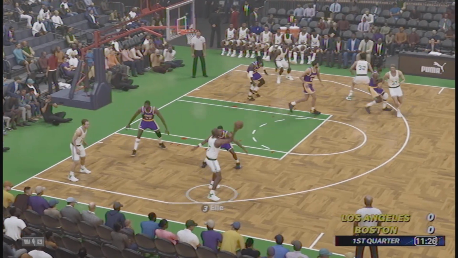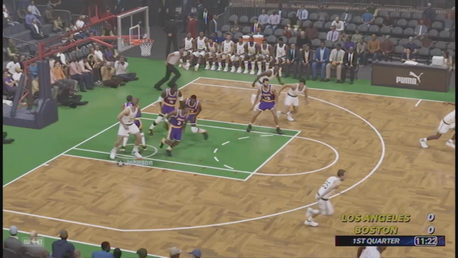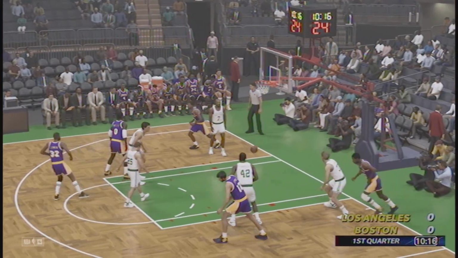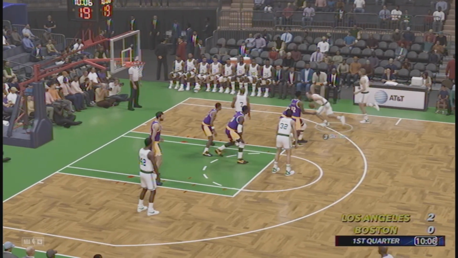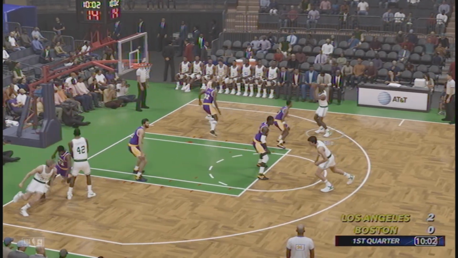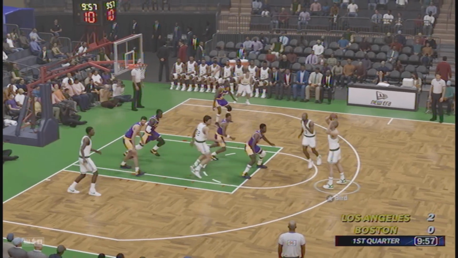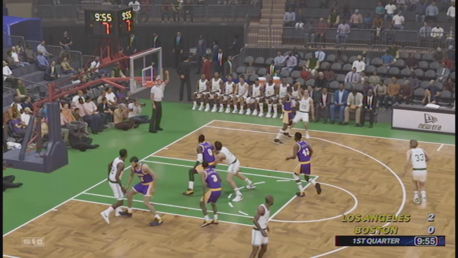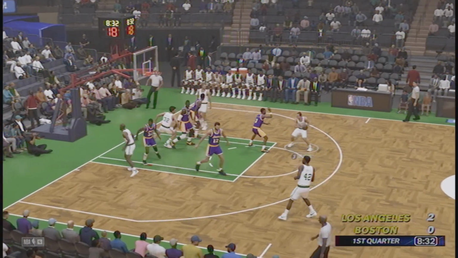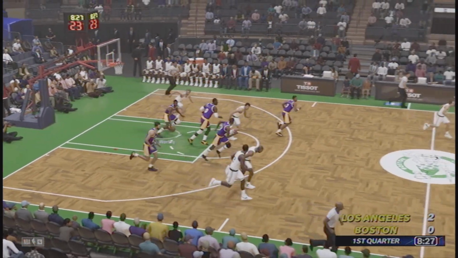Let's watch the Celtics team with the ball. Mario Elliott to Larry Bird. He drives, can't make that shot. And now we got James Worthy making a jump shot for the Lakers. So Worthy also old, but he's still making his shots. Kevin McHale with the ball, passing it to Mario Ellie. Larry Bird calls for the ball. Passes to Scott Skiles, misses the 3. Celtics ensuing possession. Larry Bird can't make that shot.